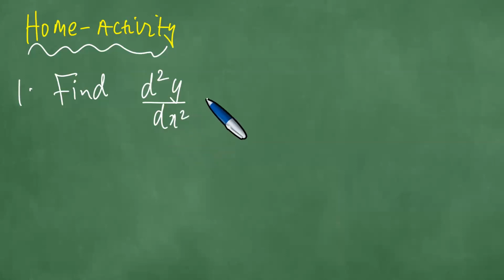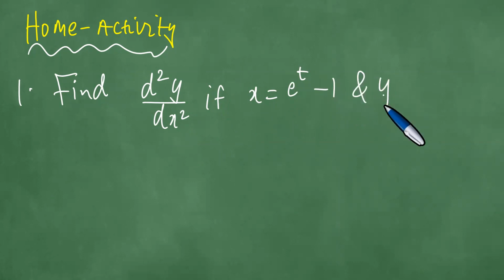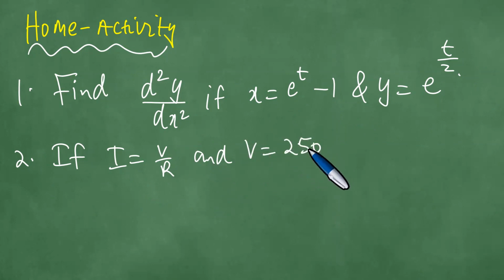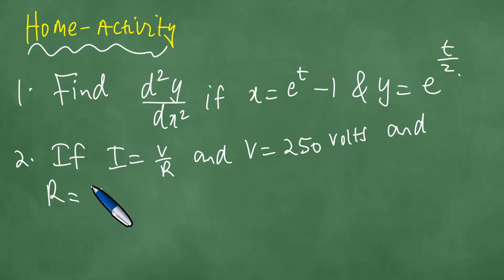Find d squared y over dx squared, if x is e to the t minus 1, and y is e to the t over 2. The next exercise: this video is recorded, so I'm going to send you this video with everything we did. If I is V over R, which is Ohm's law, and V is 250 volts, and R is 50 ohms,